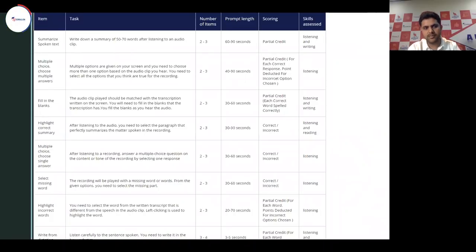Now talking about the next task, which is multiple choice choose multiple answers. Now multiple choice choose multiple answers is one task which could sometimes be tricky. Now, why I say sometimes tricky is because of the type of question that you could get. Depending on the type of question that you get, it could be easy and it could also be tricky. So how do we manage this task, or first let's discuss that, is it really a high